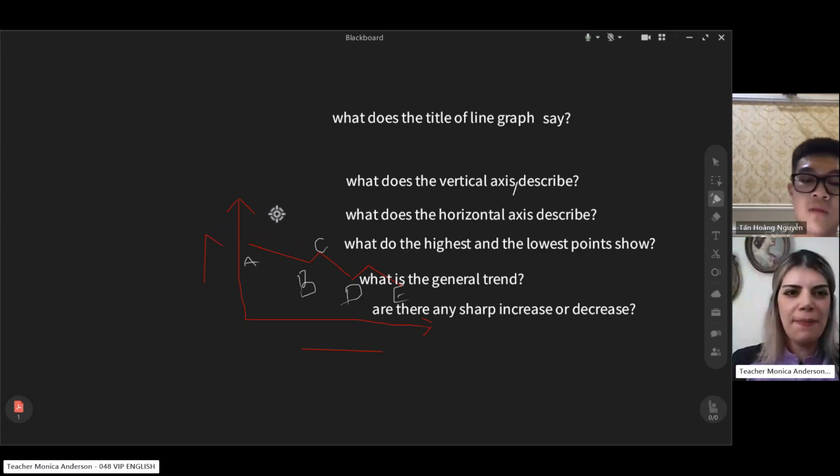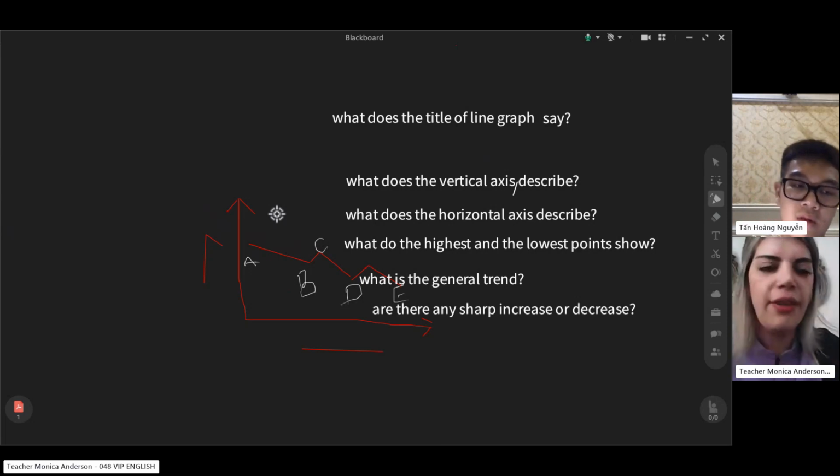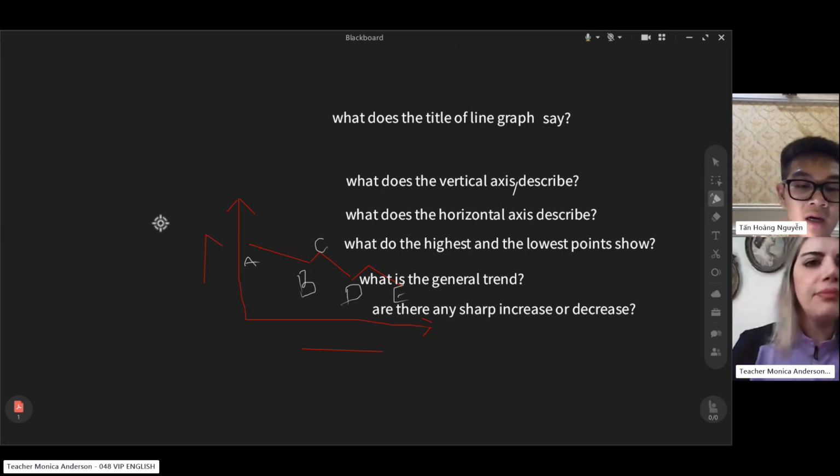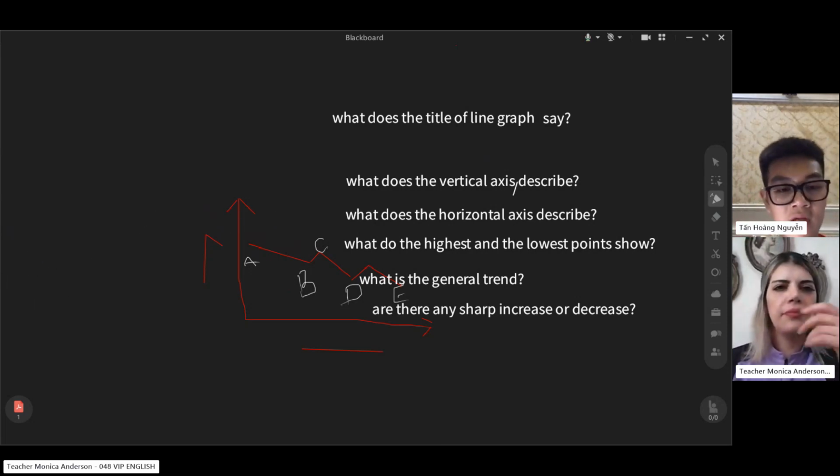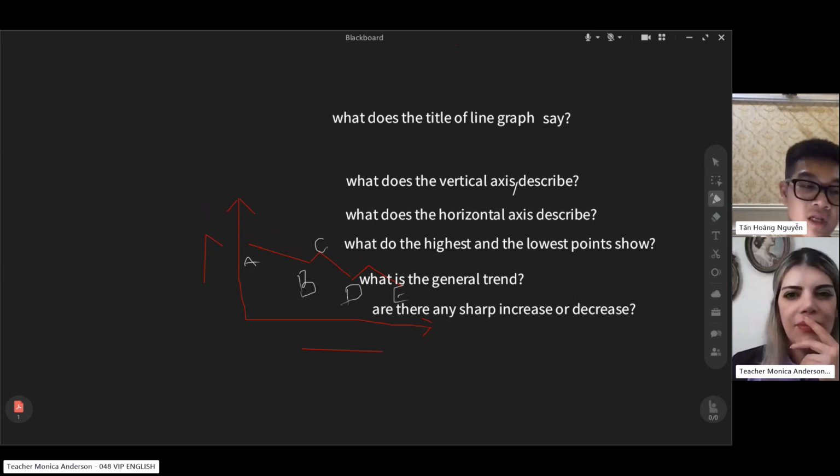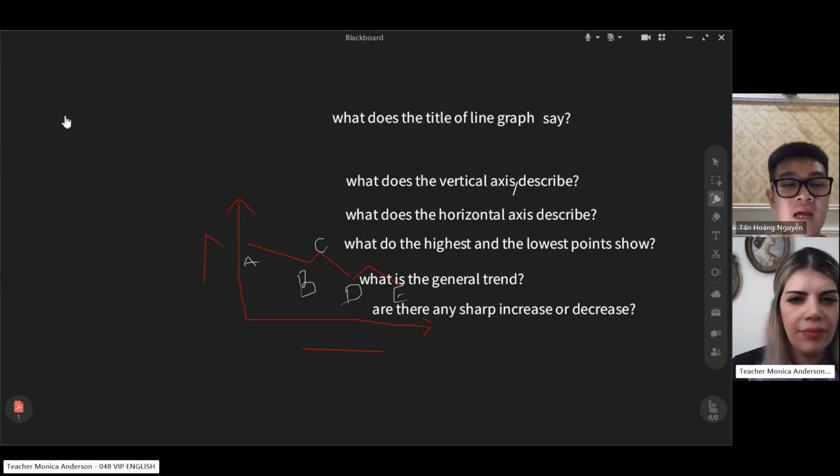Okay, get it? Yes. Okay, very good. So it's just a little bit. Then we use it similarly. What do you mean? We would say, when the increase or decrease is just a little bit,